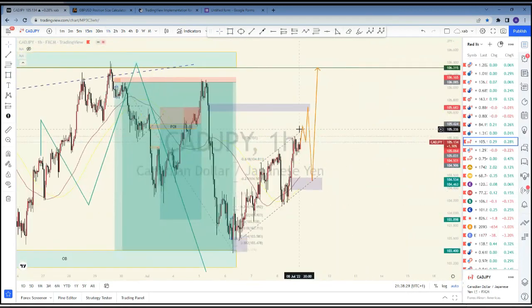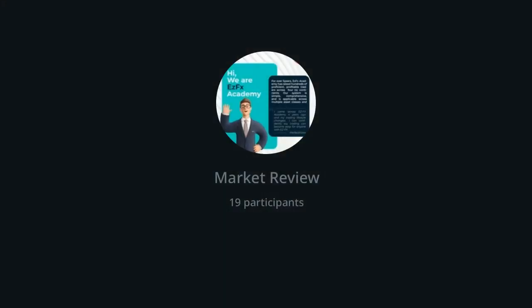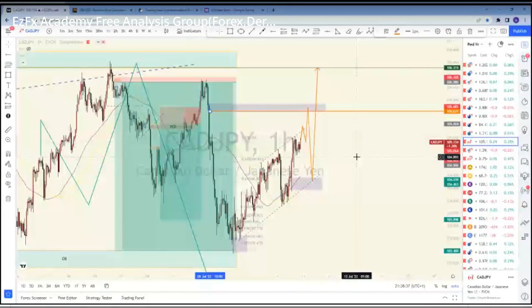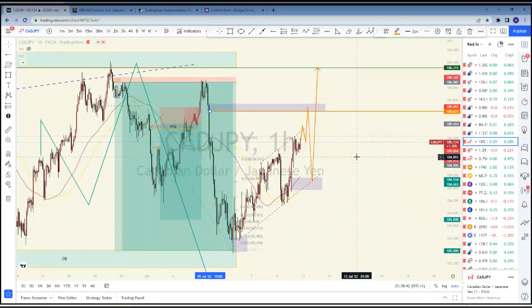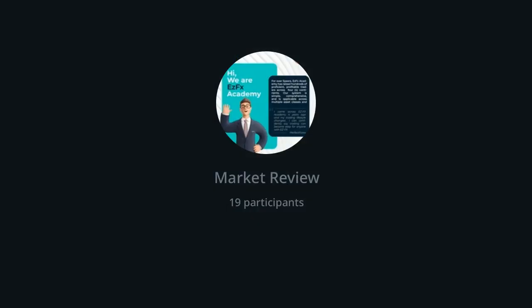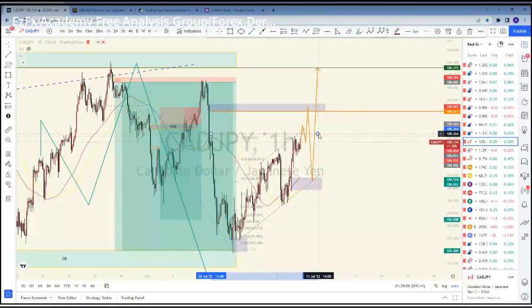So that's the other block we want to watch out for. The other block is somewhere around the vicinity of, say, 105.621. So that's the price to watch for CADJPY for a possible drop. We've seen this equal highs liquidity already taken out here. So as far as I'm concerned, I think it's safe to say we can't see price drop from there, because all of this imbalance needs to be filled.